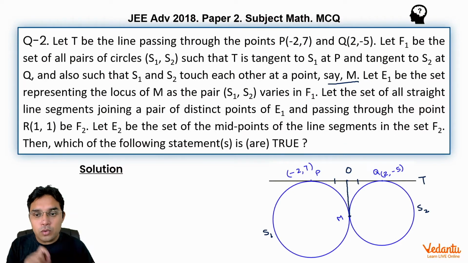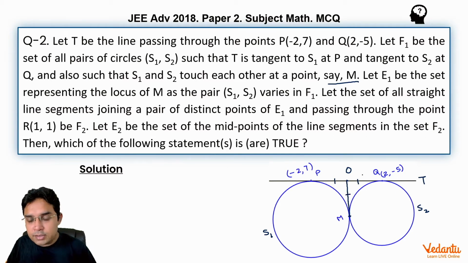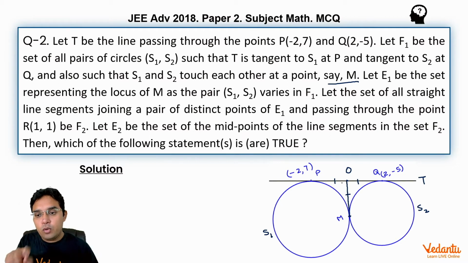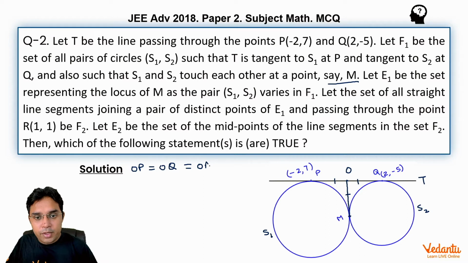In fact, if you now consider point O and draw tangents from O to both the circles, OP and OM should be the same, one very basic and simple theorem of circles. And the same, if you draw a tangent from O to S2, this OQ will be equal to OM. So these three lengths OP, OQ and OM will be equal. In fact, O is a fixed point because P and Q are given points. So the coordinate of O can be written directly using the midpoint formula, (0, 1). And this length OP, OQ will be the same, and this can be written directly using the distance formula as root 40.